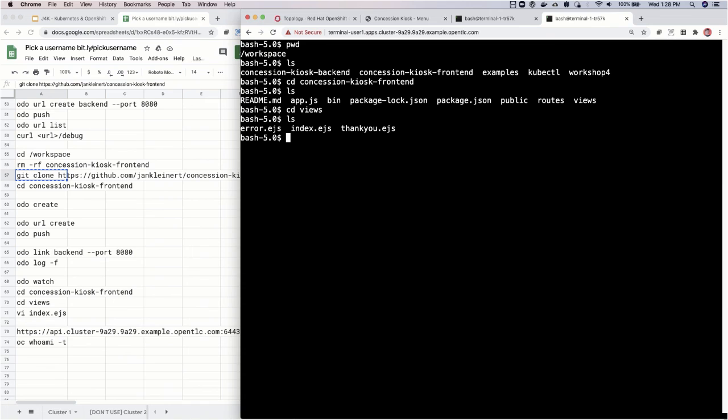And you can see there's three files here. Index.ejs is the one we want to make some changes to. That's also the one we changed when we did the updates with the GitHub webhooks. So let's open this up. I'm going to use vi here,